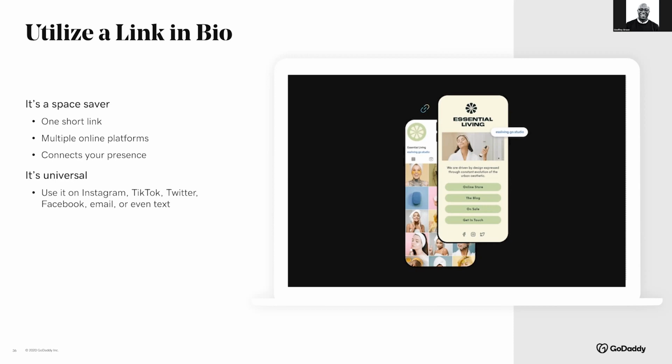If you have multiple links to promote, you can use a tool like GoDaddy's Link in Bio Creator. A link in bio is a single universal link that you can add to your social page. It's one link and it takes you to a mobile friendly homepage with all of your most important links in one place. So it essentially functions in the same way as a website, but much more simple. It's like a junction to all the different avenues that make up your online presence.